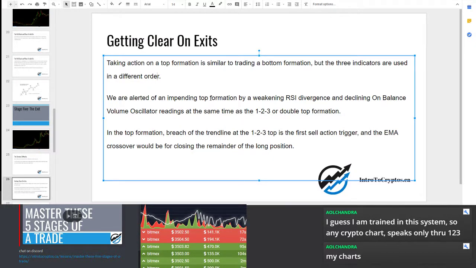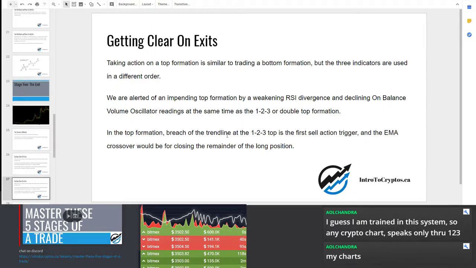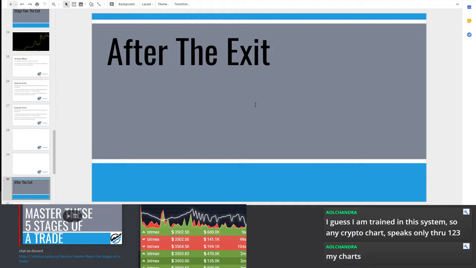So you can see that they're opposite setups for the bottom formation and the top formation. With the top formation, the breach of the trend line is the first sell action trigger. And then the exponential moving average crossover would be the closing, or the last reminder of closing that long position. Getting clear on exits. Same thing. After the exit,